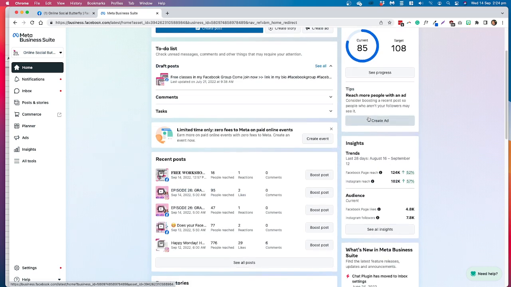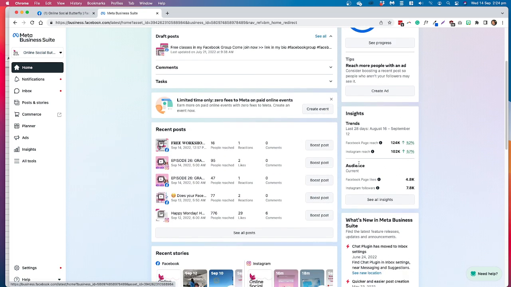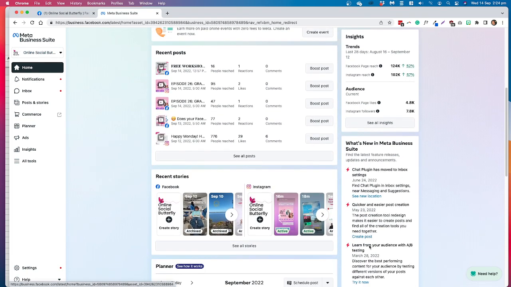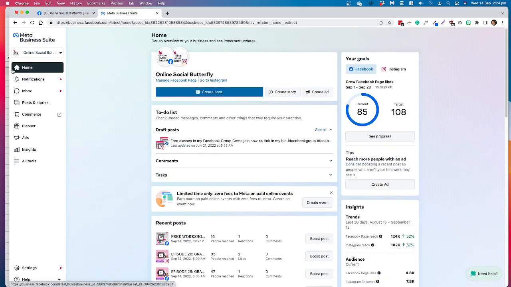I can also have a little look at my recent posts and how they are working. I can have a look at my insights, as well as my audience, and see how those are working. I can have a look at what's new to MBS, which is updated really regularly. I can then have a look at some of my other content, for example my stories and my planner. So all of this is really a bird's eye view of all of the features that we see on our